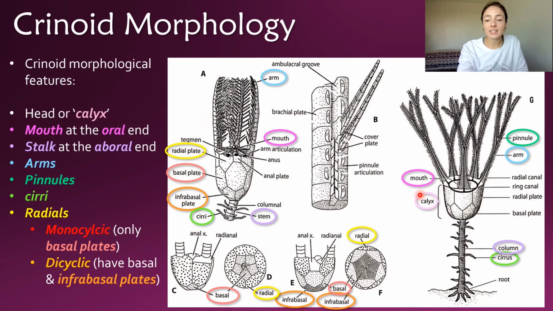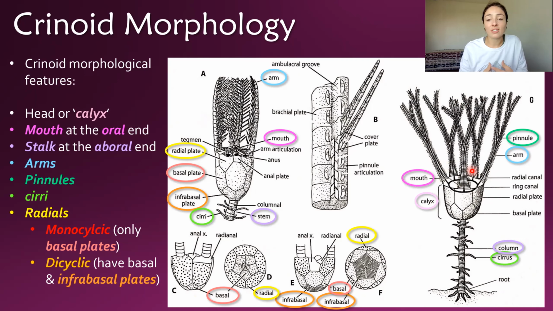And then we see the mouth, which is pointing over here. It's hard to see this line, so it's within the center of the top of the calyx, and this is actually what we call the oral end of the animal, as opposed to the stalk end, which is the aboral end of the animal, obviously because it's on the other side of the mouth. And on the oral side, we have attached to the crinoid's head its arms, which, like